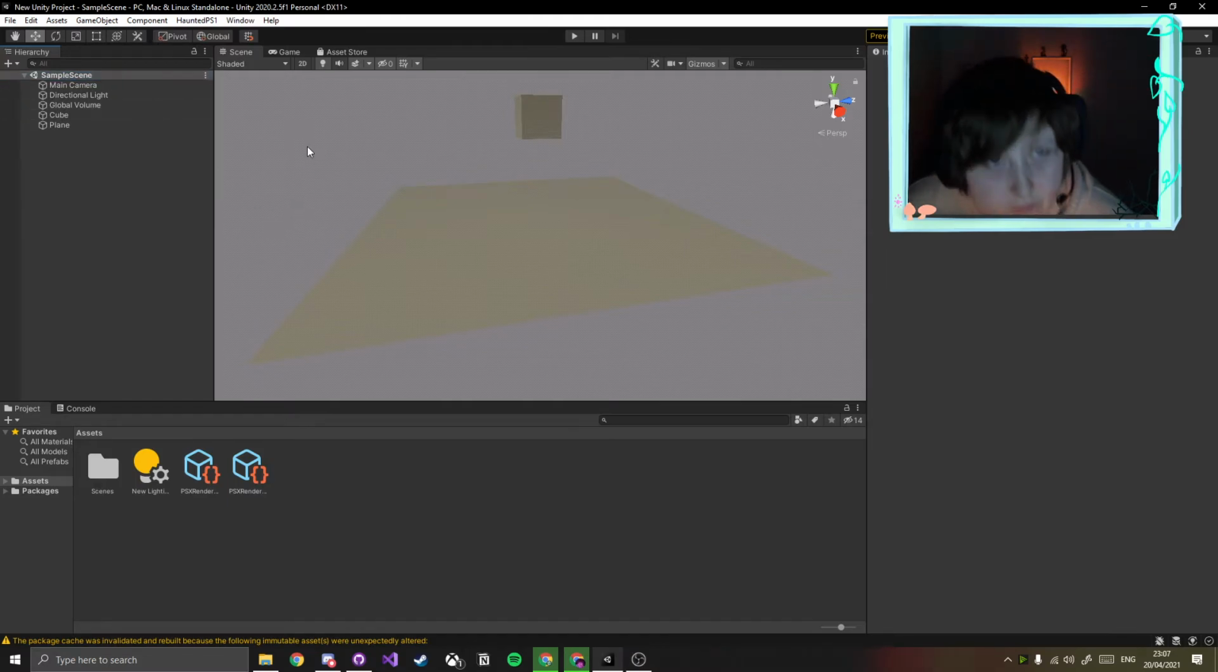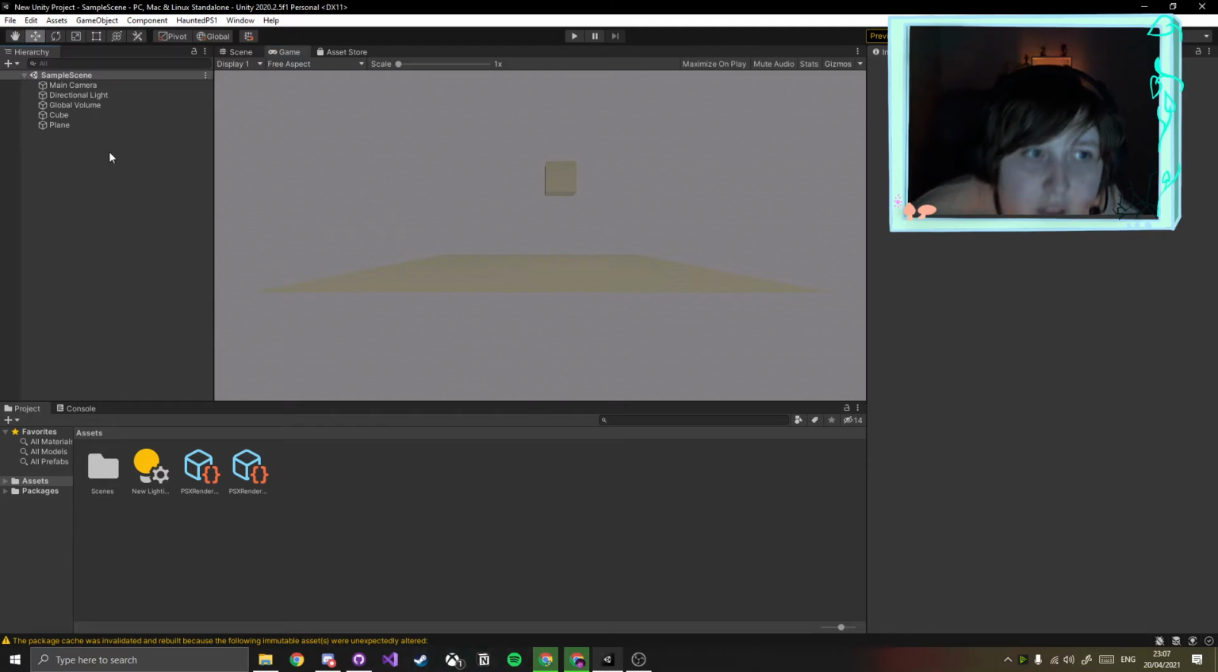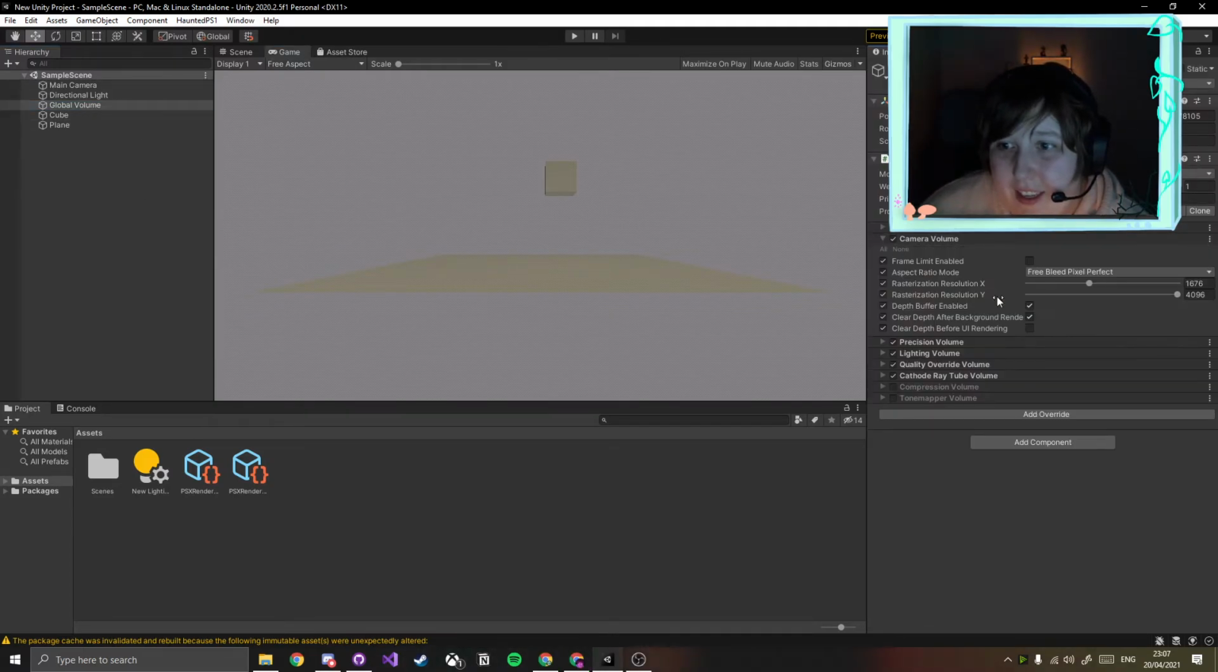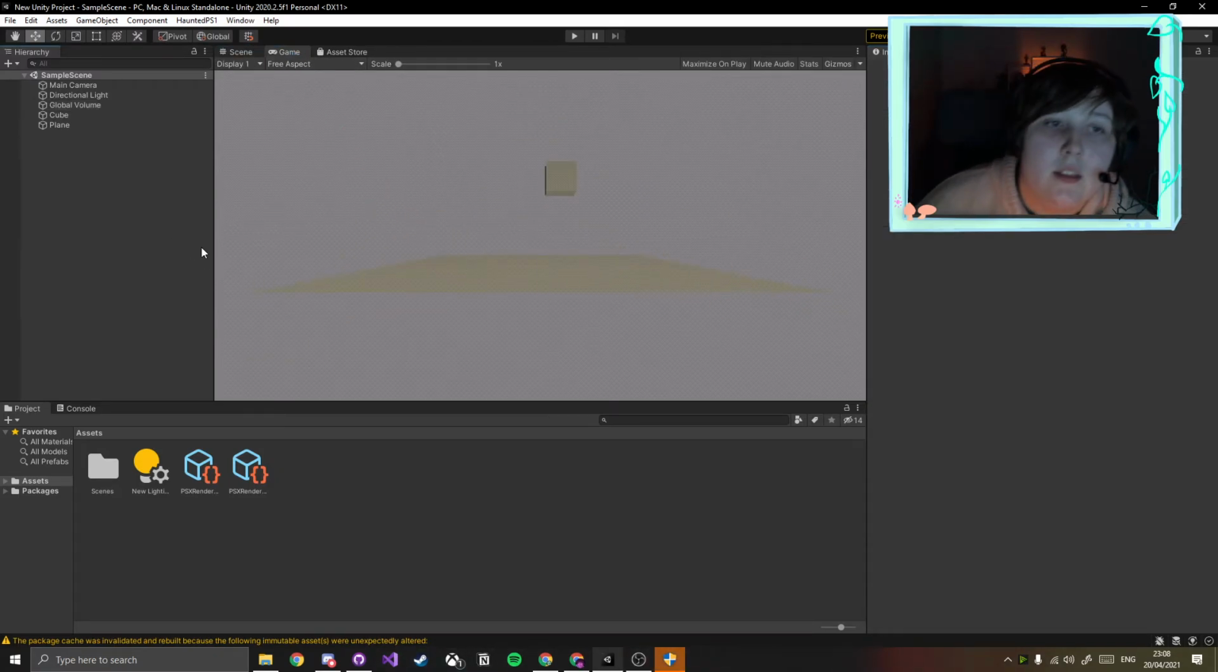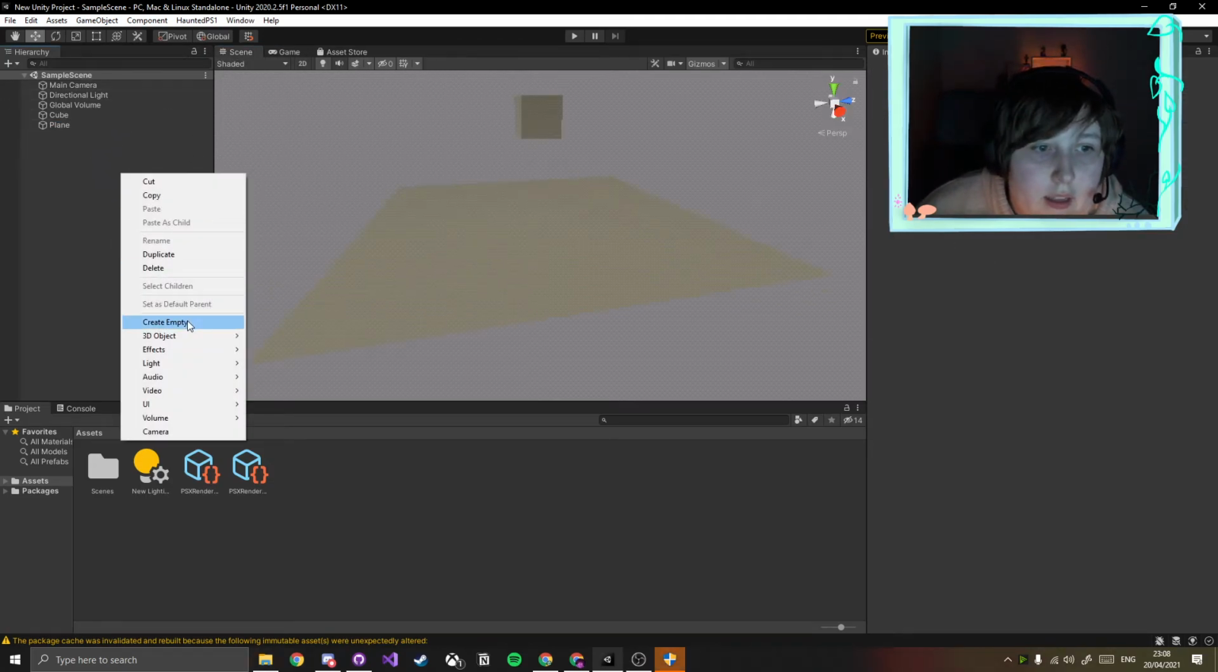So if we were to go into the game view, you can see it's got these weird lines and stuff. I've obviously made it really, really high rasterization resolution, so we can change that down. We can make it a bit not as precise. And yeah, the other thing we can do is